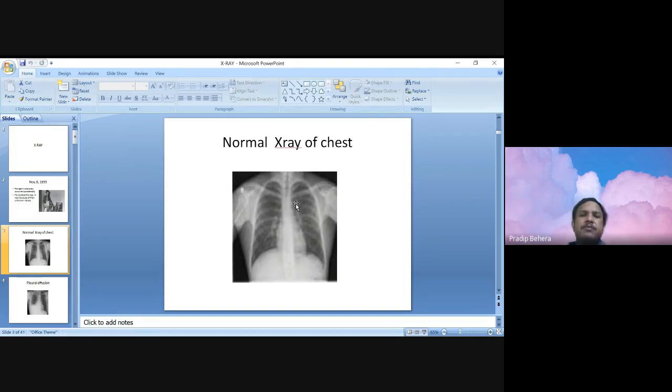After the aortic shadow, there will be the shadow of the pulmonary artery. This is the left pulmonary artery, and at that shadow there occurs a depression, a notch-like structure. This depression is the pulmonary arterial shadow, called the pulmonary bay. This notch or depression becomes full if there is pulmonary arterial hypertension.